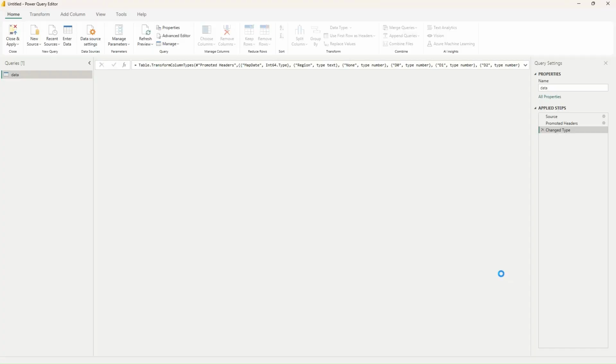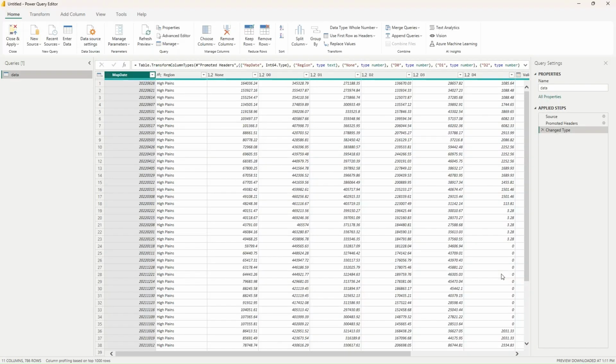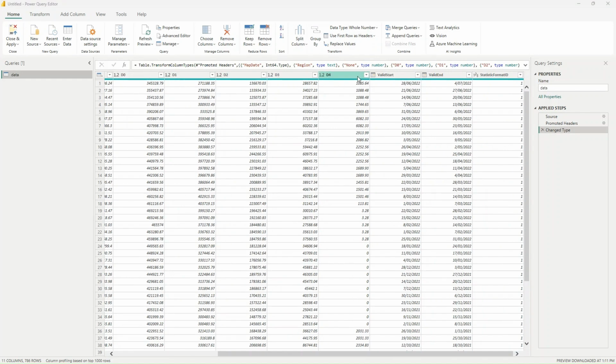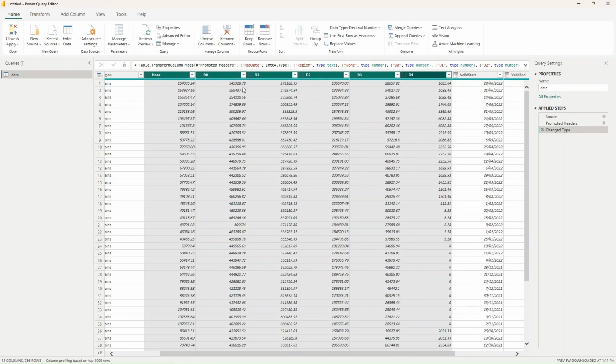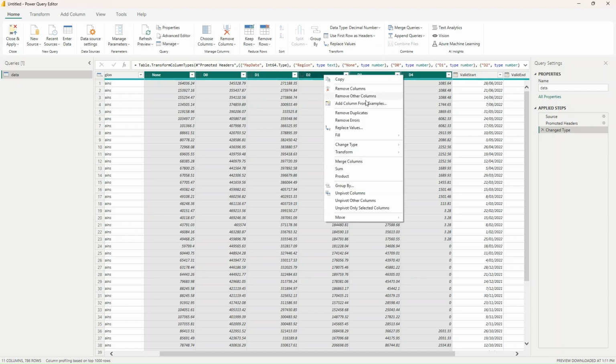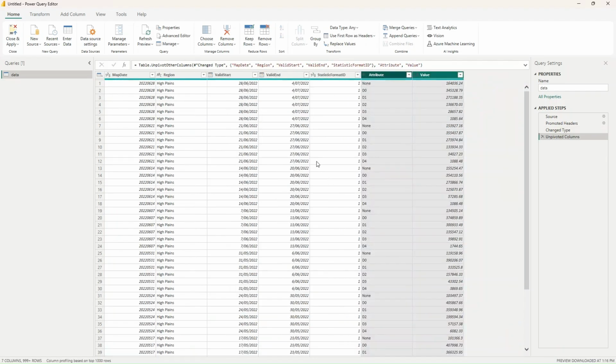The first thing mentioned in the challenge is to shape your data so there is one column containing the drought category as opposed to six. So if you see here, we have D0, 1, 2, 3, and 4. These are the drought categories and we need them in a single column. To convert this into a single column, all we need to do is select these six categories, and then right click and choose Unpivot Columns. And now we just have one column mentioning the drought and the other column mentioning its value. So I'll rename this as drought, and this is the value.